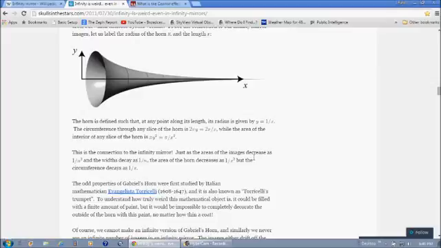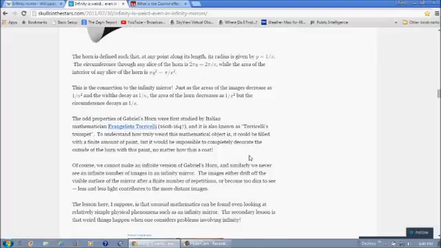and the length x. They're going to go on with some more mathematics, but basically the odd properties of Gabriel's horn were first studied by Italian mathematician Evangelista Torricelli, 1608-1647. It is also known as Torricelli's trumpet. And to understand how truly weird this mathematical object is, it could be filled with a finite amount of paint, but it would be impossible to completely decorate the outside of the horn with this paint, no matter how thin